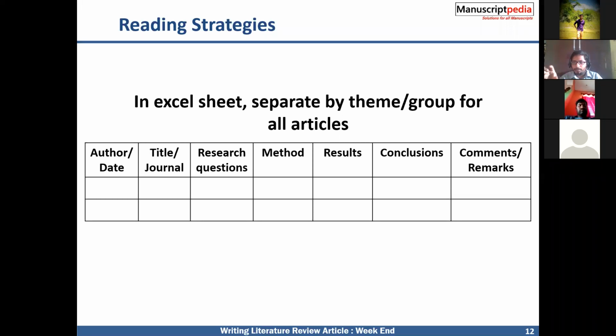Depending upon that, you have to separate. But first you have to select which journal you are going to publish in, and their templates. So earlier published work has to be noted. And if you are publishing your literature review work in the journal, you have to cite at least some 5 to 10 references from the same journal, so that you can easily publish in that journal.